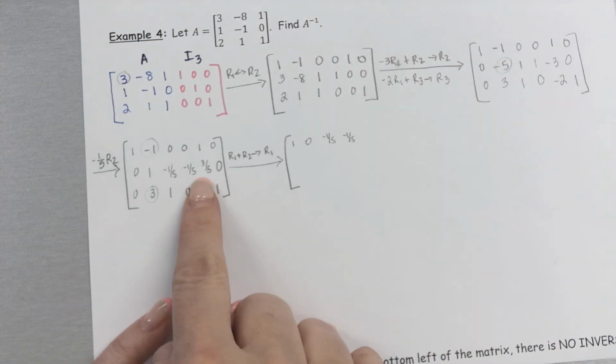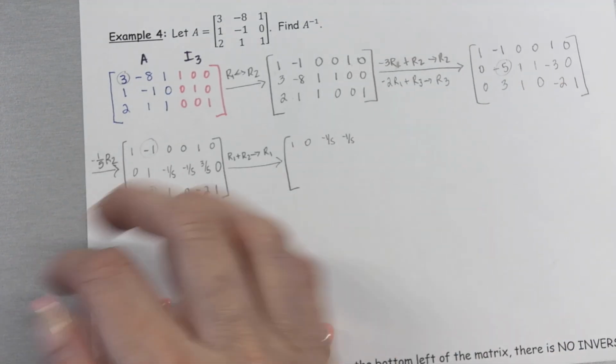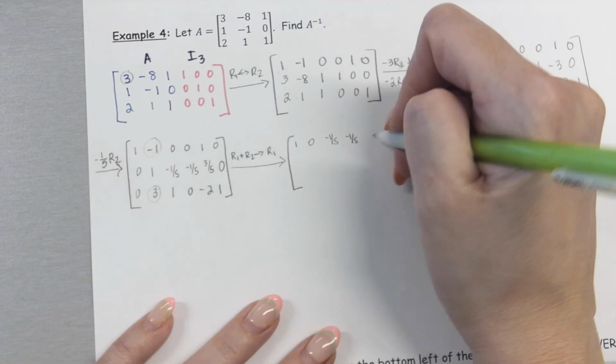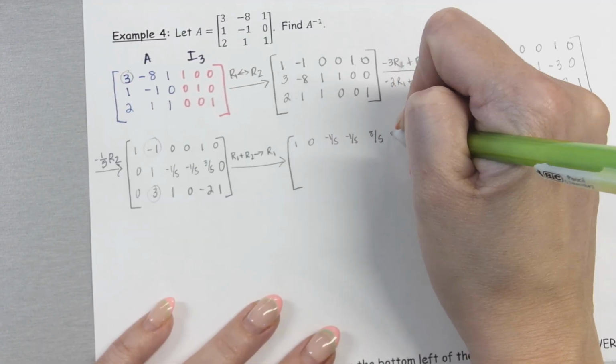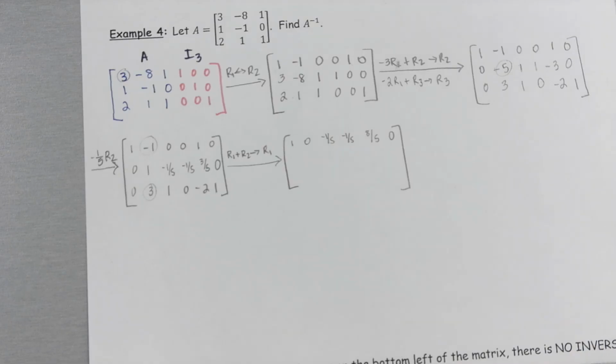Okay, what's 1 plus 3/5? 8/5. So 5 plus 3 will be 8. And then 0 plus 0. It's okay, I'm going to start writing them out because with fractions, I need to write mine out. Okay, and then